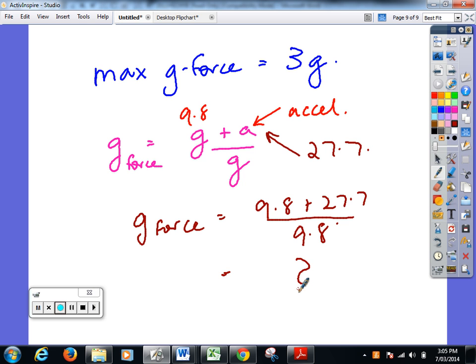If I just do that in my head, that's 30, 40, it's going to be about 4G, approximately 4G. Okay. We know that it exceeds, therefore, this. If this is exceeded, then it would be not available for human use. Therefore, if it's not available for human use, it would not be available for the hamster, which has the same tolerances as